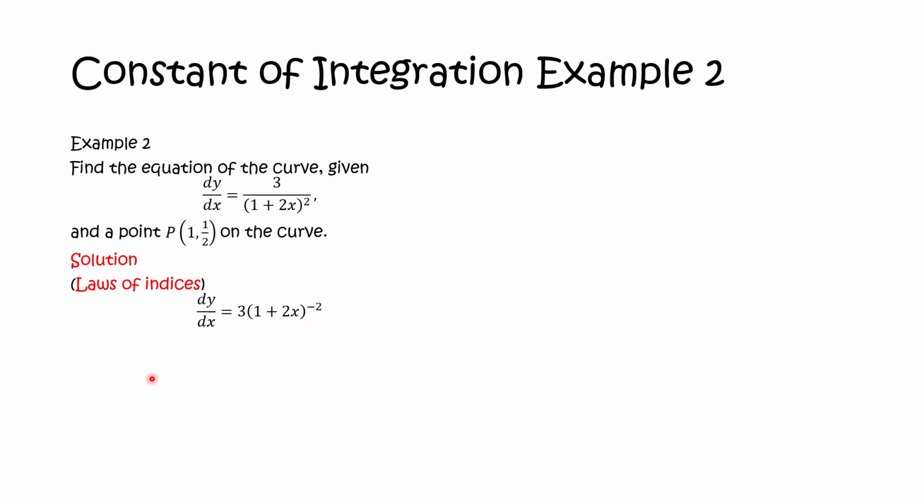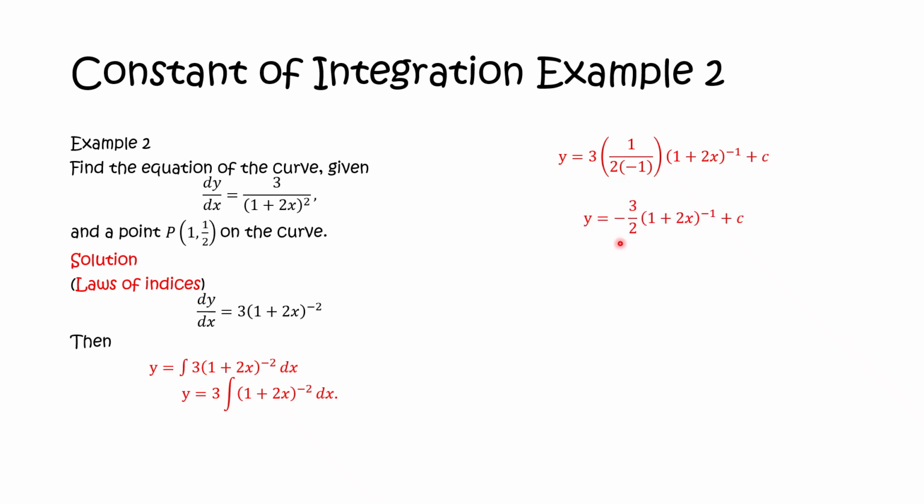And from there, we can take out the constants, which is a 3 in this case, and we integrate what is inside the integral. Now we add a 1, we get the new power of minus 1, we divide by the new power, and we locate our a, which is a 2 in this case, we divide by that a again. Then simplifying that, we would get minus 3 over 2 times (1 + 2x) to the power minus 1 plus c. And of course, we can leave it as a fraction, but before we do that,